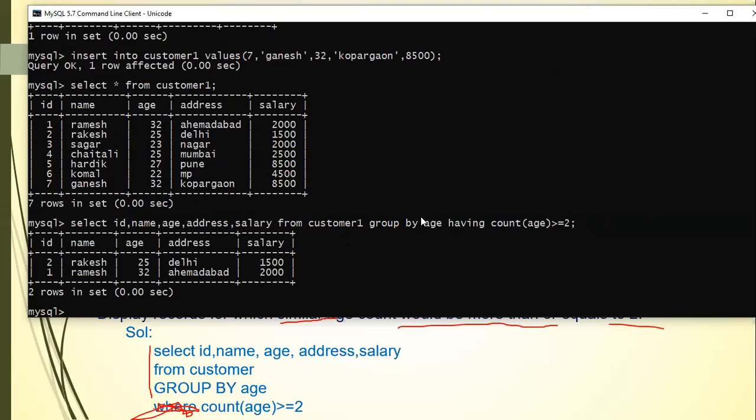This is the group by having clause. Okay, now we can arrange the record as per. Now here we can apply order